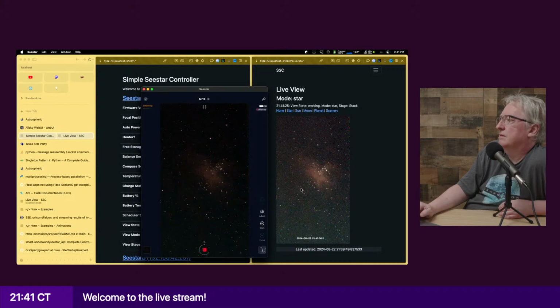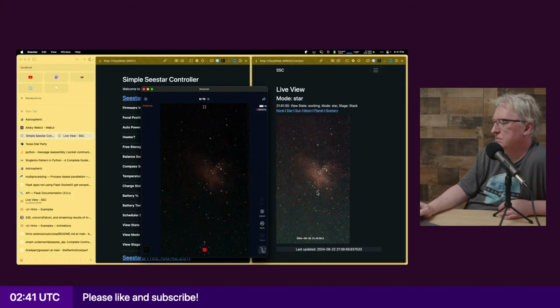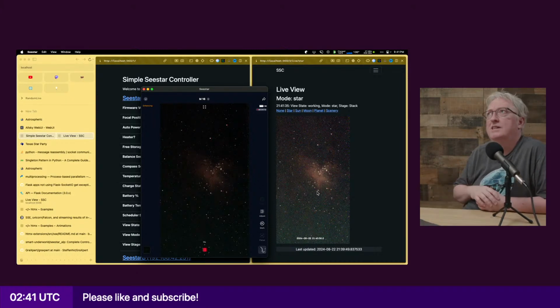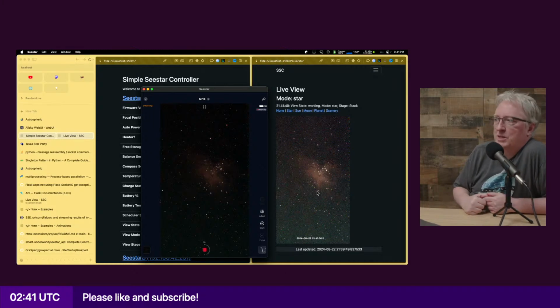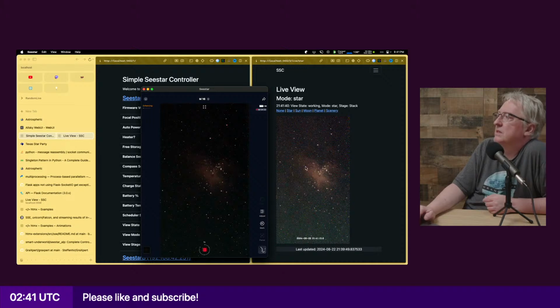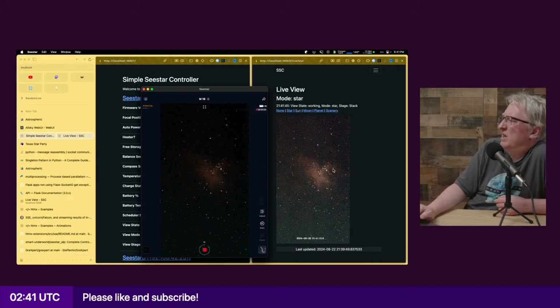It's nice because it's closer to what you see. If you process it well with some software, it ends up a lot more spectacular. But at least it gives you a better idea of what kind of signal you have in the data. Because this nebulosity here is a bit fainter, whereas here you can see it a little bit better.